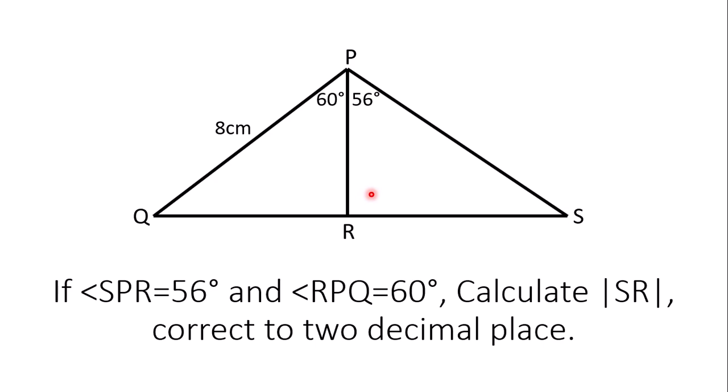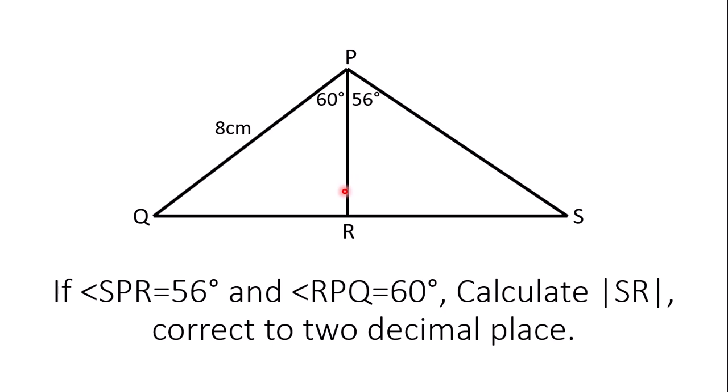SR will be equal to 8 cos 60 divided by tan 56 degrees, and that will give us the length of this side. Okay, but